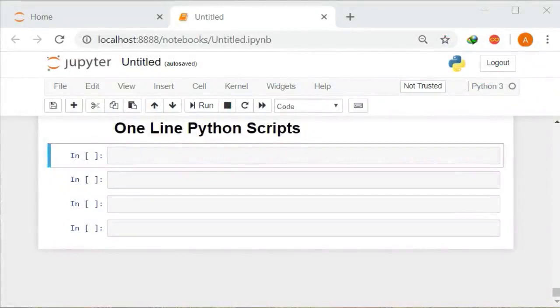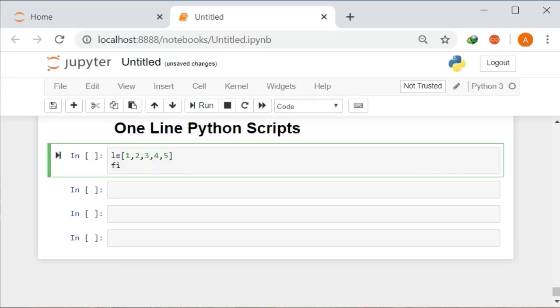In this video, we are going to learn one-line Python scripts. Now, this video is all about the advanced topics, and you can do a heavy computation task just in a single line of code. If you want to get the first, the last element, and the in-between elements of a list, it can be done so: first just create a list, and then you can use three variables, like I'm going to use first, and then star x, and then last, which equals